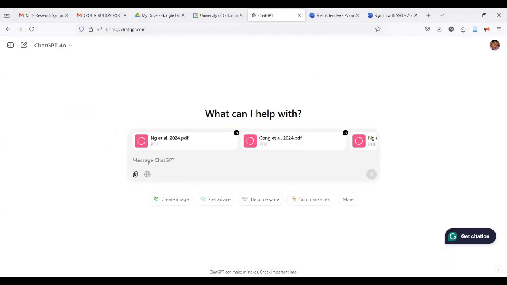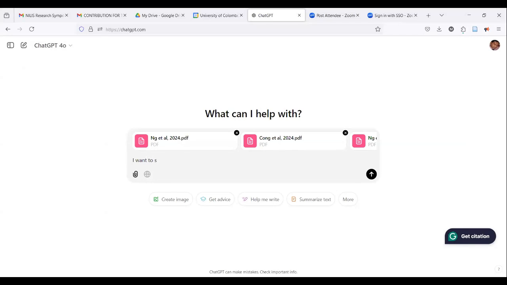Can you see my interface, the ChatGPT interface? Yes, sir. Okay. So I'm using ChatGPT for the ease of doing this demonstration, but there are so many other applications. This is the plus version of ChatGPT. So I'm using the 4.0 model, 4.0 model, 4.0, no? Yeah, it's called 0. So anyway,